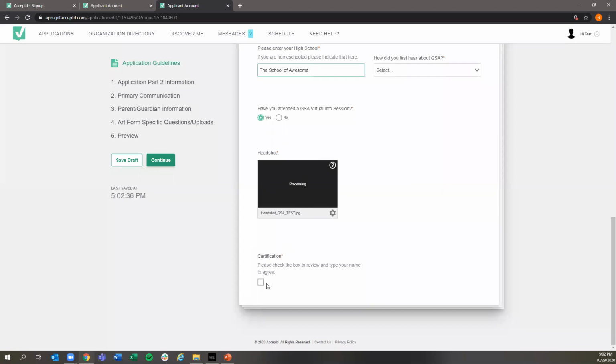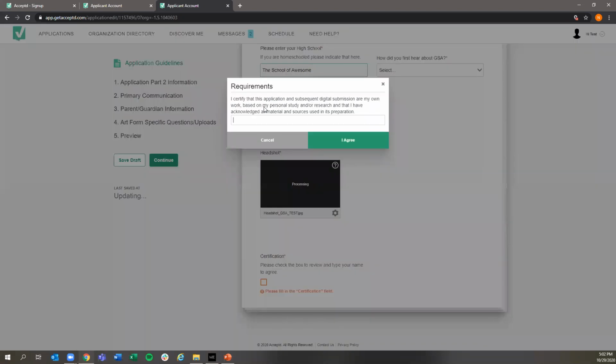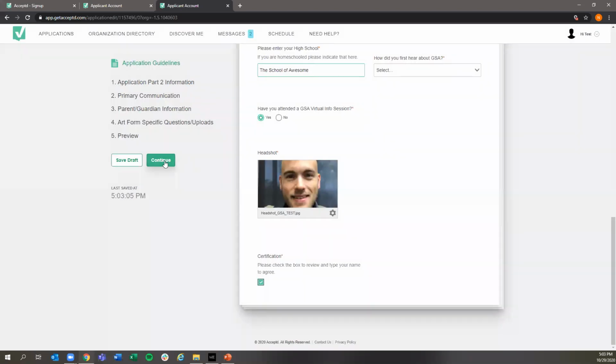There's a certification section down here where you will click a box that provides a pop-up window. And this is just you certifying that everything in your application is your own work and that you have not plagiarized any of this material. So that's super important, right? So you'll sign there. And then moving on,